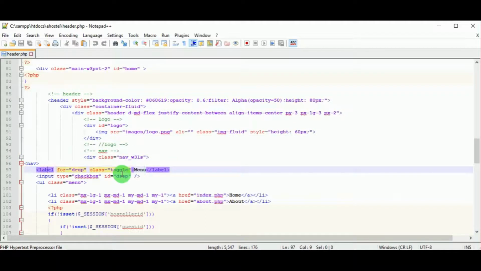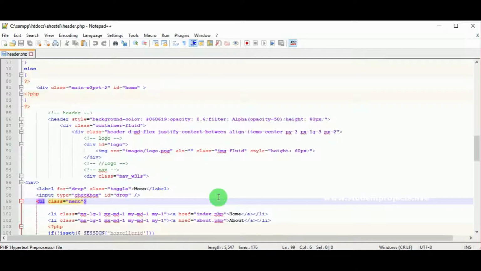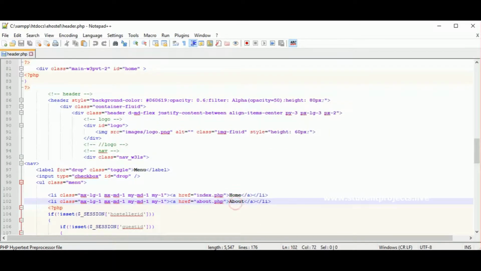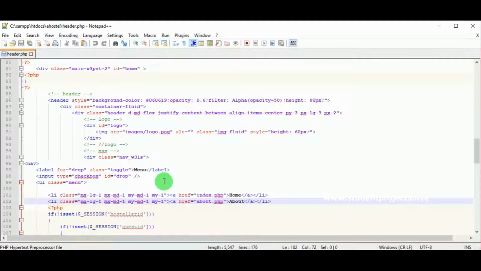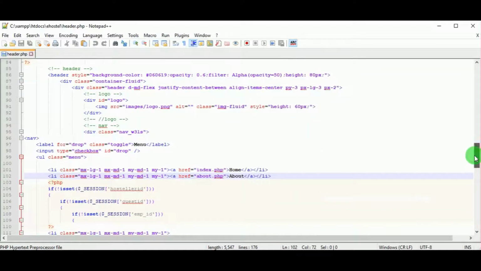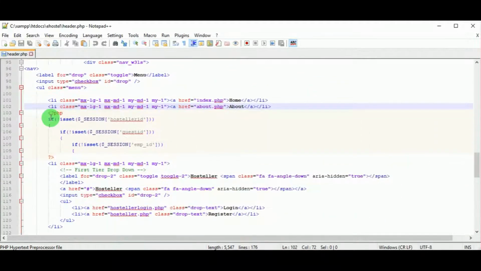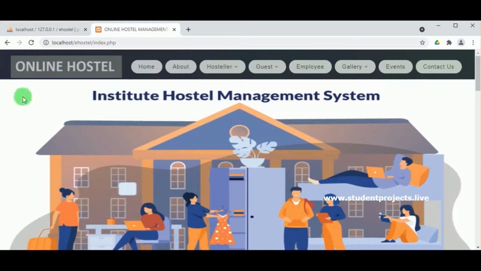Next, menu. Followed by the logo you can see different menus, and for the menu the UL tag is used, and you can see home, about, hosteler, guest, employee. So these are the different menus which are available. And if you see, if not isset session hosteler ID, guest ID, employee ID, that is, if none of the users have logged in, then these are the menus which are available for the viewers.